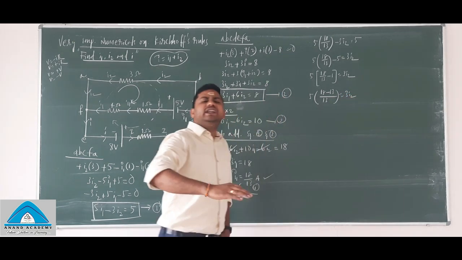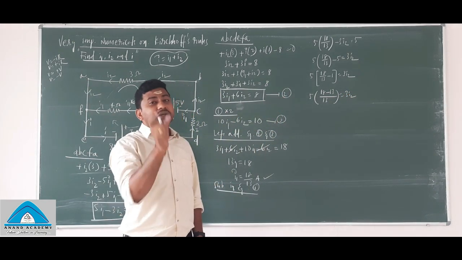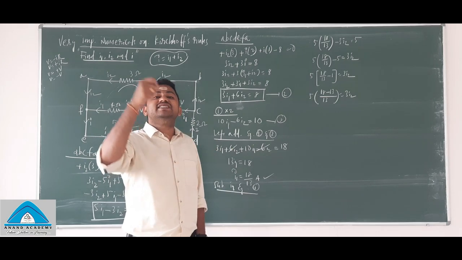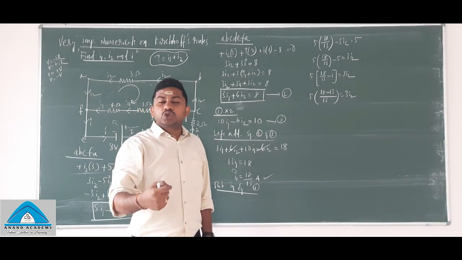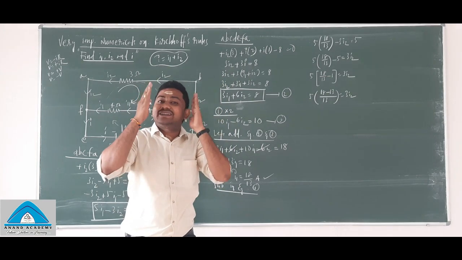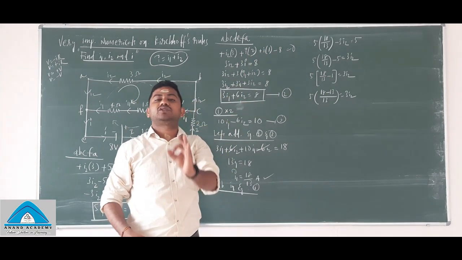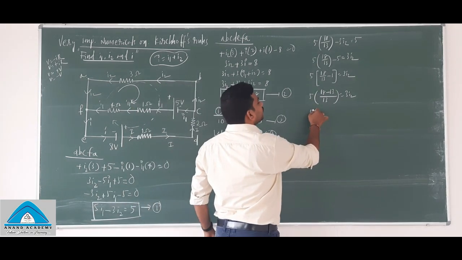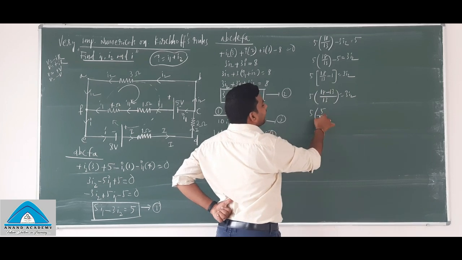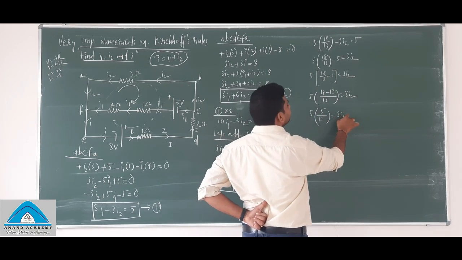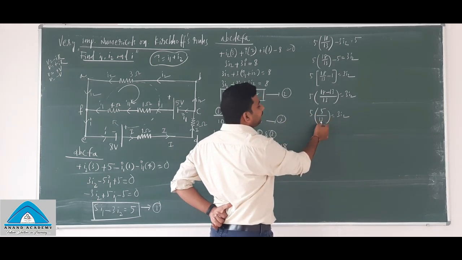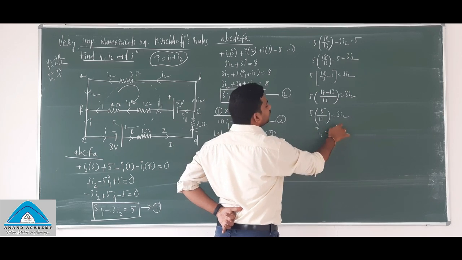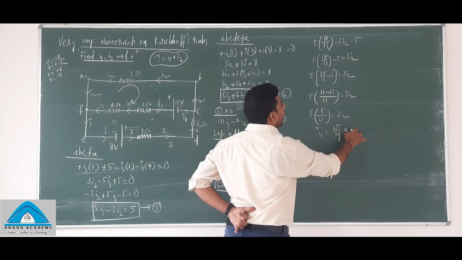I am not doing any kind of complex mathematics. It is simple mathematics only, but 99% of the students make mistakes in simple mathematics. So you should be 100% confident and attentive while solving this simple mathematics. Those are called silly mistakes. Please avoid them. 5 into 18 minus 13, it is 5 by 13, is equal to 3I2. So it is 25 by 13 into 3, how much? It is 39. So your I2 value will be 25 by 39 ampere, right?